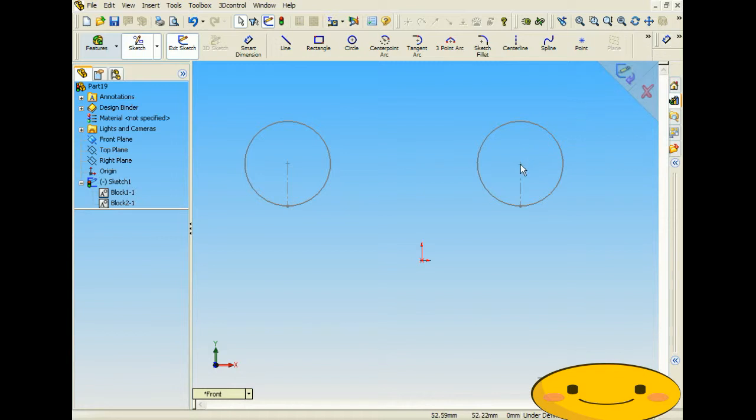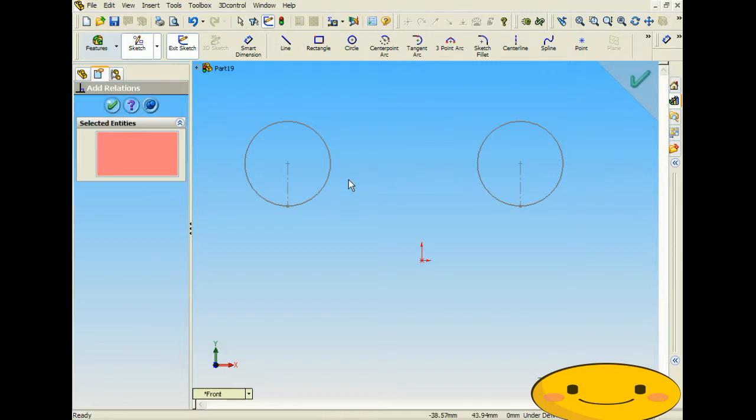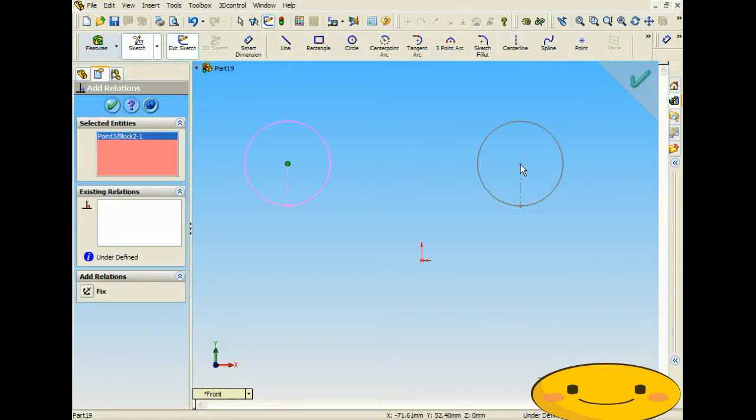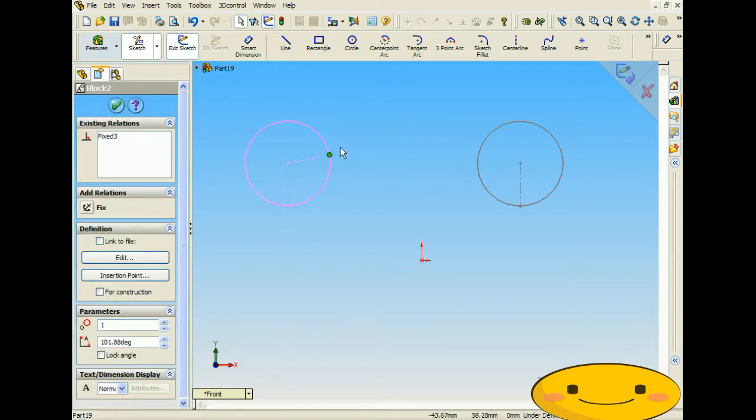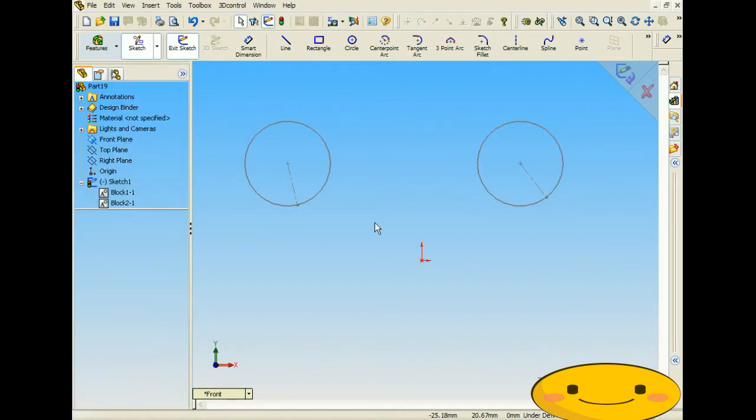Now first let's fix both of these. So let's click Add Relations and fix the center points. And you'll notice that you're still able to turn them around, move them around, but they're not touching each other or moving each other at all. So now let's add the